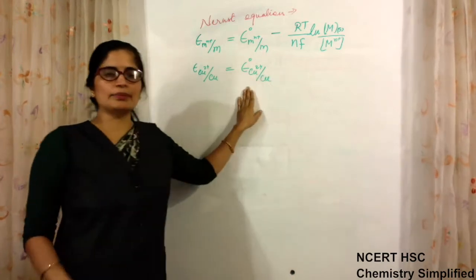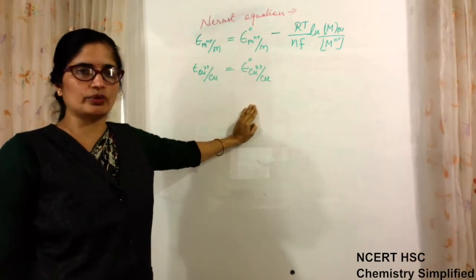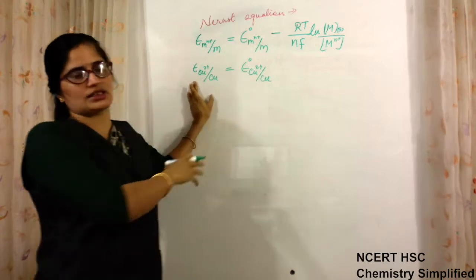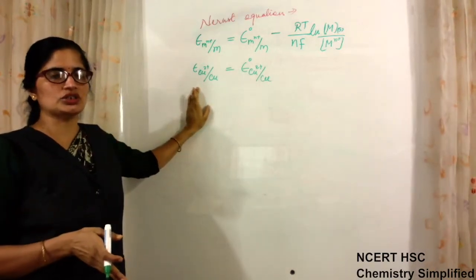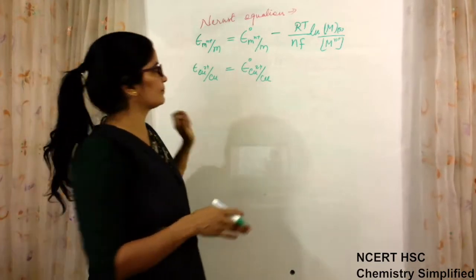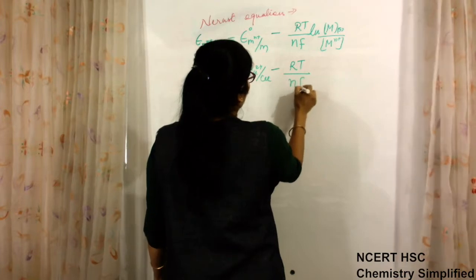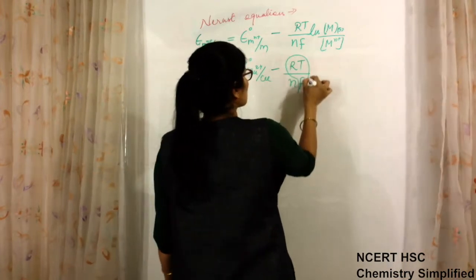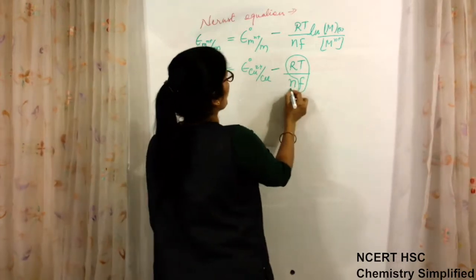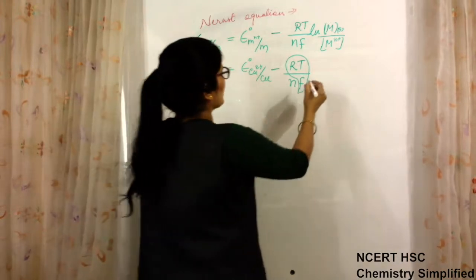Whatever is the standard electrode potential of copper, that is equal to 0.34 we had written. So that value is fixed. This value is not fixed. Other than 1 molar concentration, if we want to find the value, it is not fixed. This value is fixed. Minus RT NF. This part is also a fixed value. N is according to the number of electrons transferred in a particular equation.